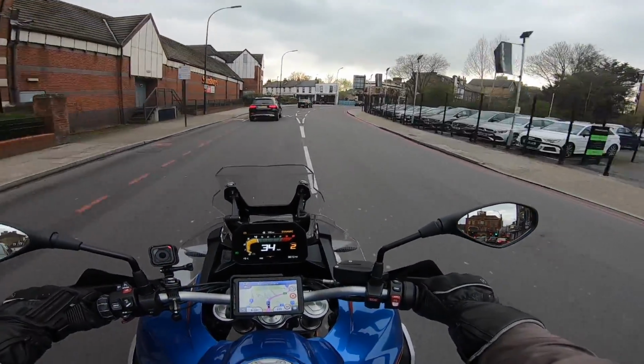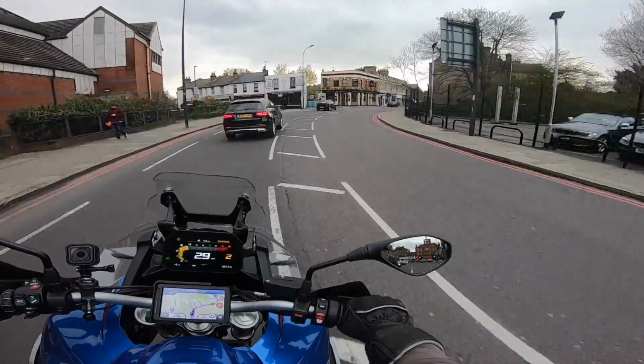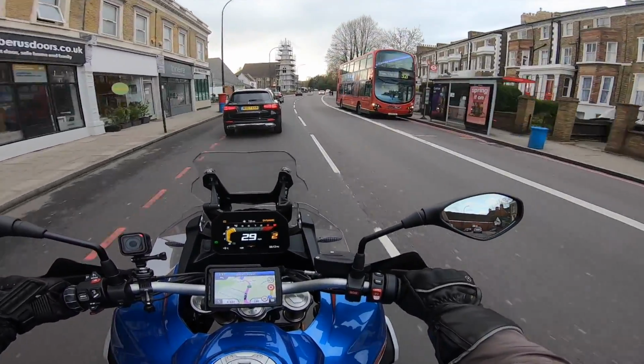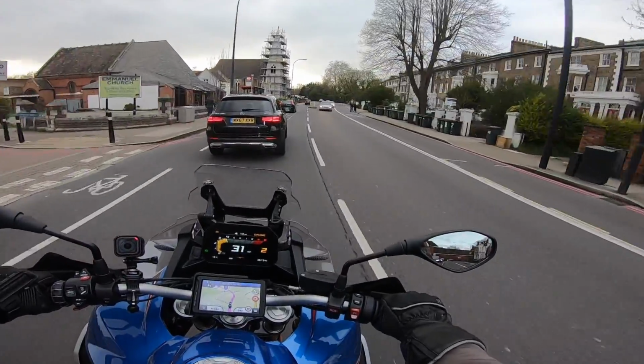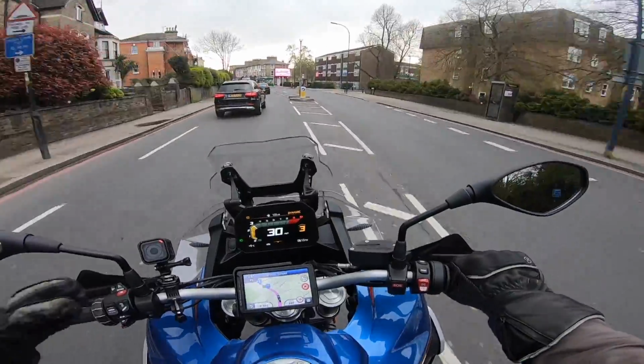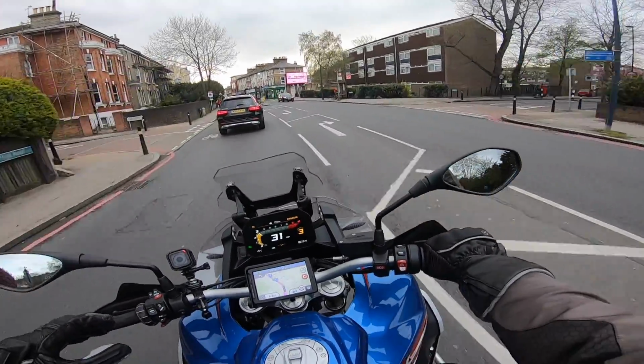Oh, it's got a lovely pickup in first and second. And it's got a real throaty roar to it as well. I've not noticed that before. Oh yeah, nice. Now when I did the review of the standard 850, the plain 850 GS, a lot of